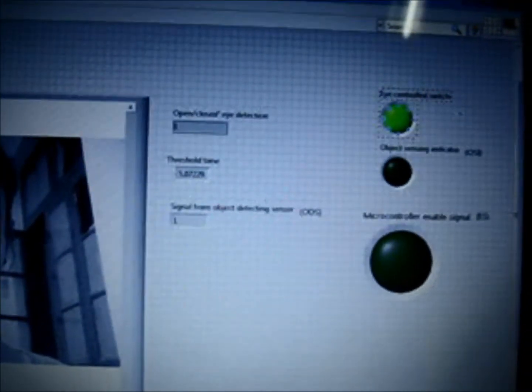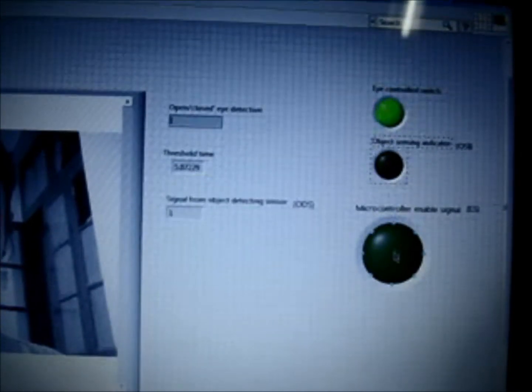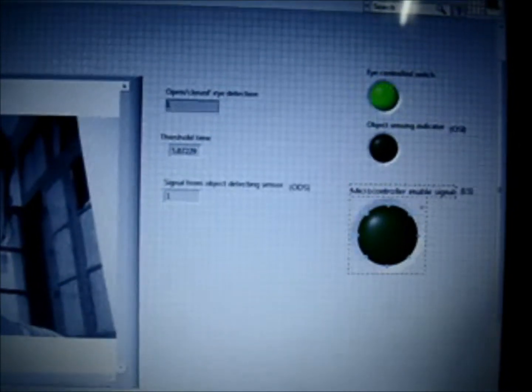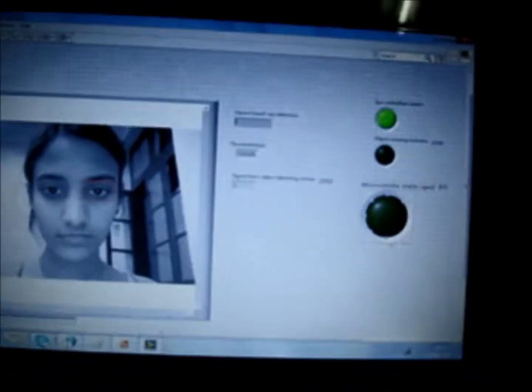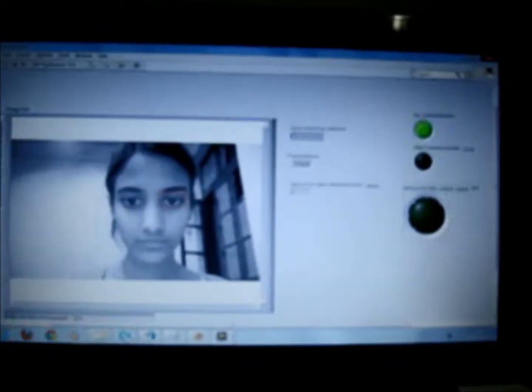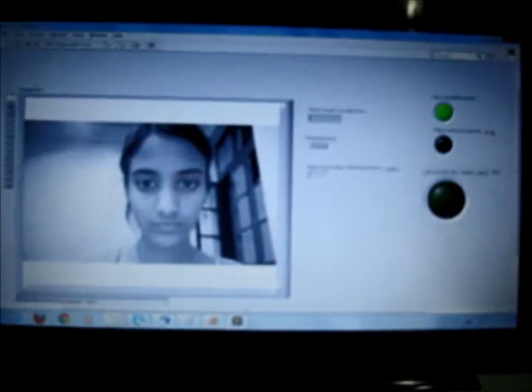If this value meets the requirement, then the object sensing indicator, that is OSI, will be high. If both the eye control switch and OSI are high, then the microcontroller enabled signal, that is ES, will be high. This enables the microcontroller to run the servo motors, which in turn control the glove mechanism.